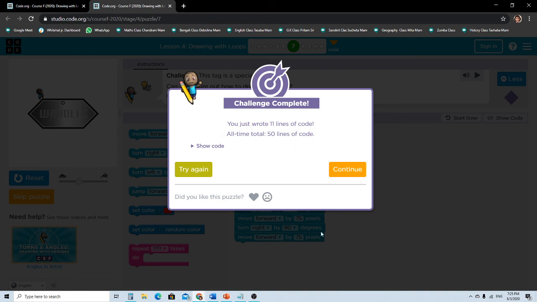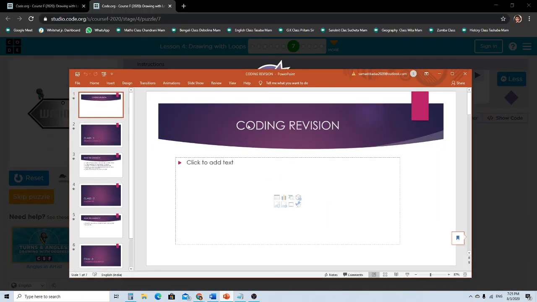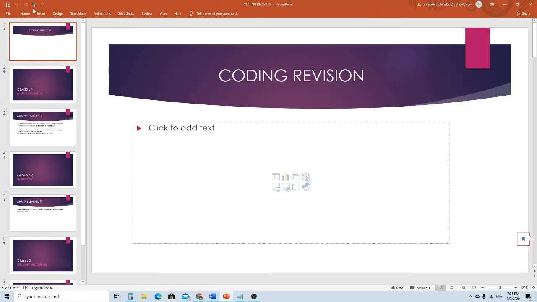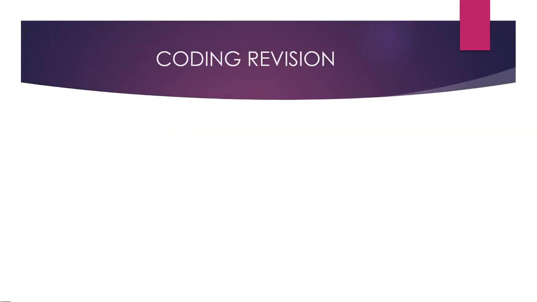So yes, we have completed today's challenge puzzle plus our normal activity. So let's go for the revision time. Okay, this is our revision time now. So coding revision.